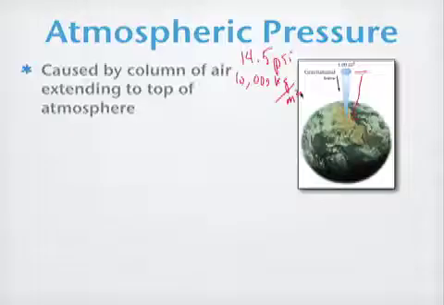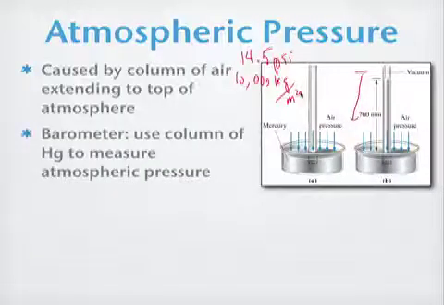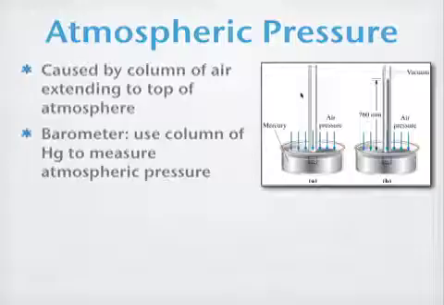They didn't believe that the atmosphere actually had a mass. And an Italian scientist named Torricelli invented a device called a barometer. Now, this barometer was a way of measuring atmospheric pressure. The way a barometer works is, if you look at the difference between the left and the right diagram, in